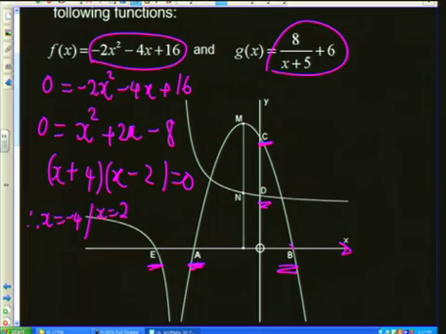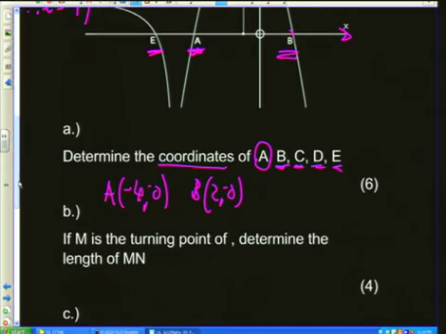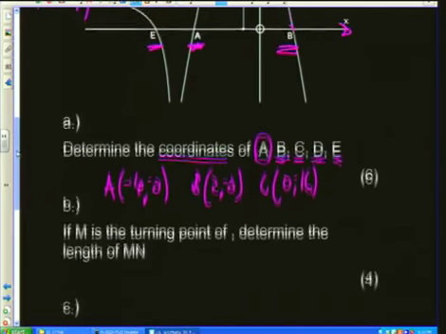If you plug in the naught here, you get minus 2 times naught, which gives us 0, minus 4 bracket naught, plus 16. So we're only left with the 16. So therefore, we conclude by saying C is 0 and 16. Because x is naught, and then your y is going to be 16. Now we come to